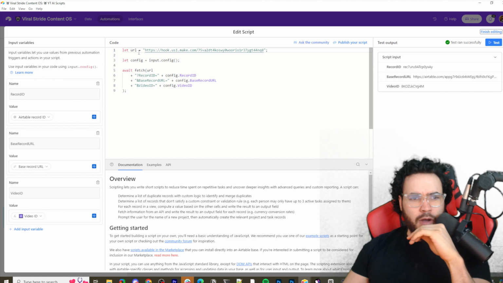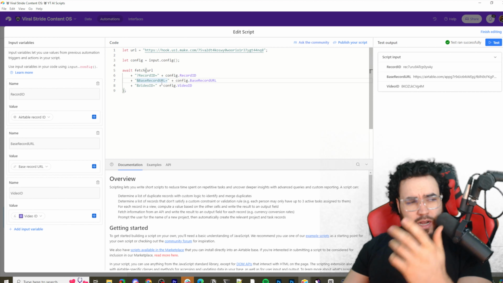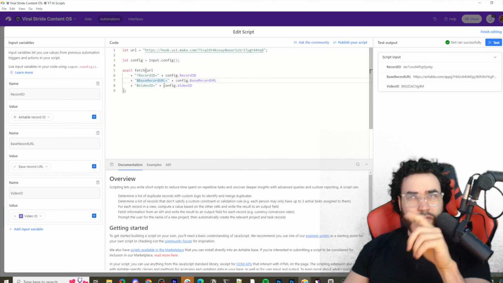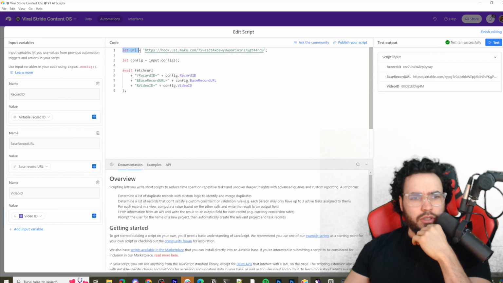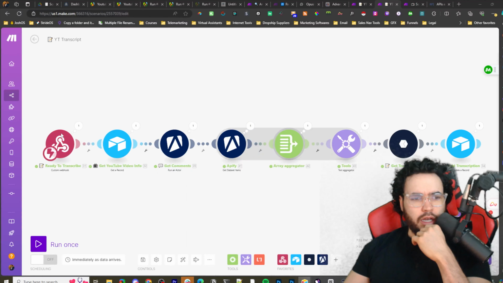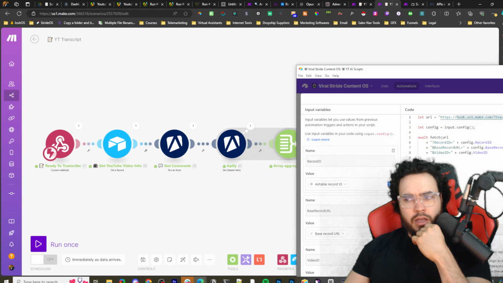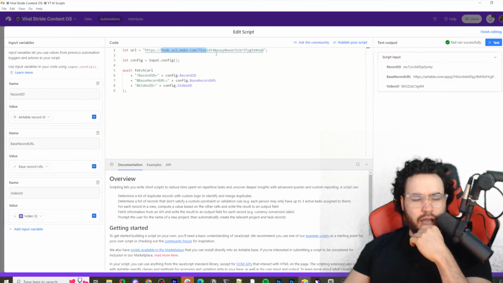like I said. This is basically going to trigger a webhook, since Airtable doesn't have a native integration, or they don't have a really good trigger within Make. So this is just saying let URL, and then we're putting the webhook URL right here. I'm simply copying that and pasting it over here,